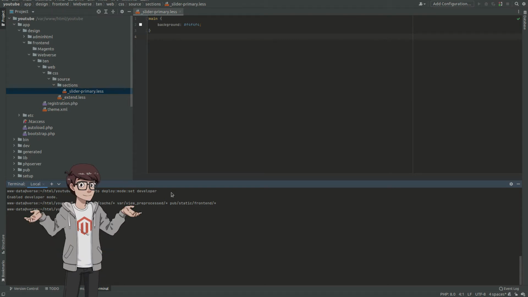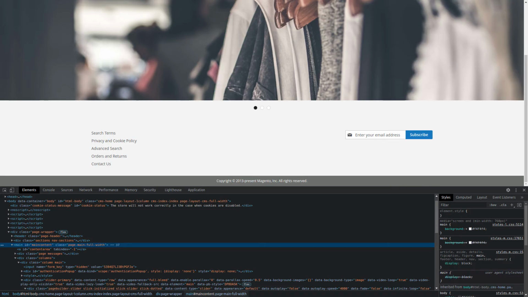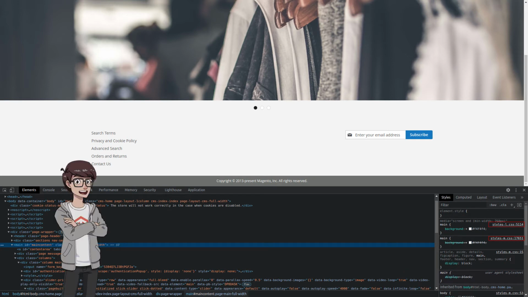Since I have the correct permissions in my application, when I reloaded the storefront, the styles that I wrote inside the primary slider.less are now applied. If you look closely, however, you will notice that the style is now inside two files, styles-m.css and styles-l.css. The reason why these two style sheets exist is so that the website has a better performance